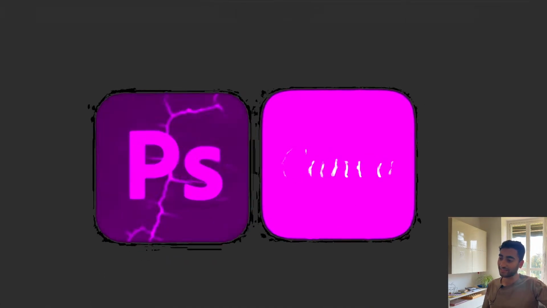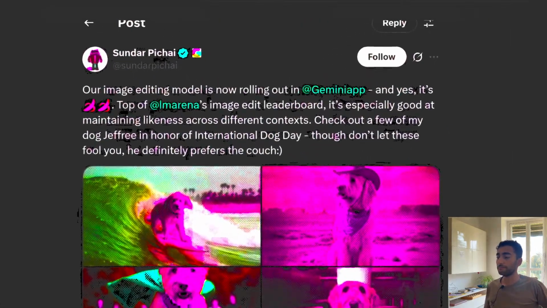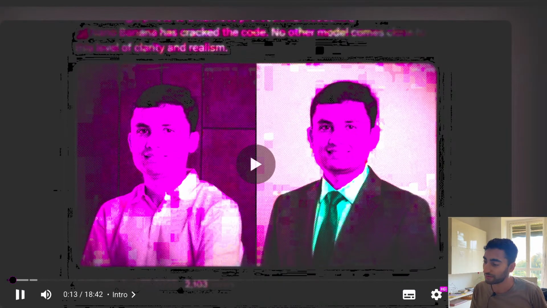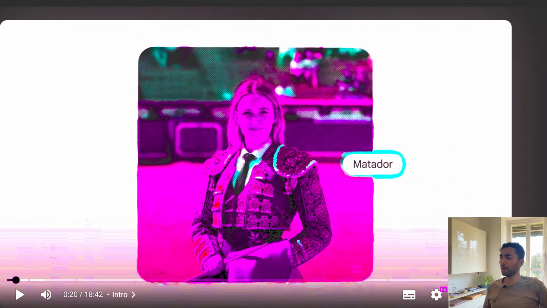I don't say this often, but this might be the end of Photoshop and Canva. Hi everyone, I'm Ishan Sharma, and Google just unveiled Nano Banana, its state-of-the-art image generation model that is blowing everyone's mind on the internet. Nano Banana, also known as Gemini 2.5 Flash Image, retains character and scene consistency